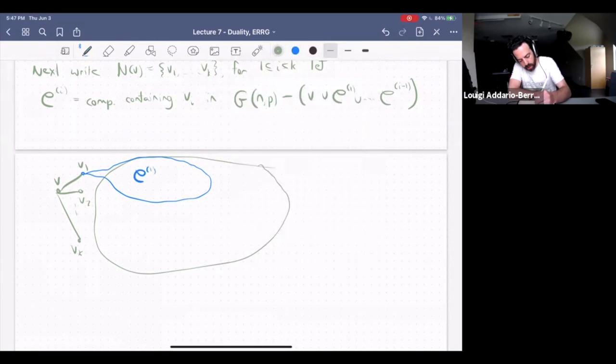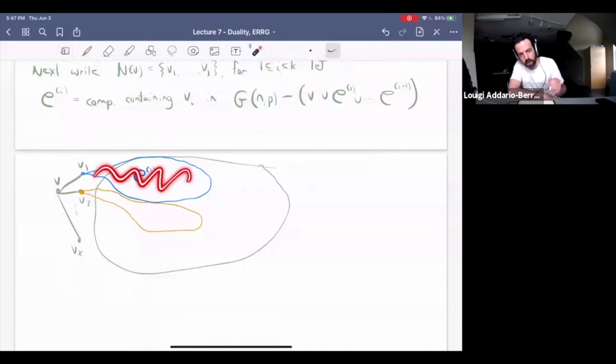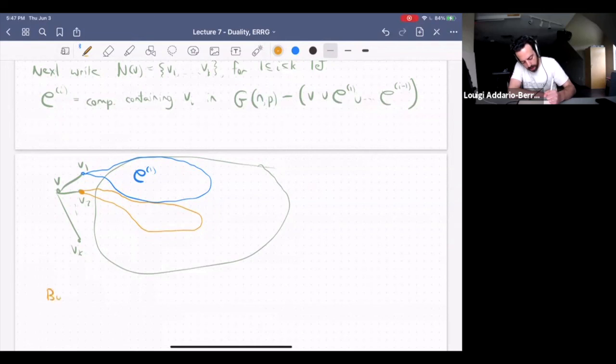And then c2 is the component containing v2 over here. So we're not allowed to use any of this component. So for each of these, you figure out what the component is, you take it away, and then you look at the connected component in whatever's left for the next vertex. Okay, so then by induction,